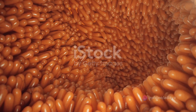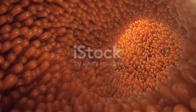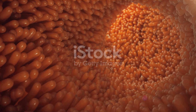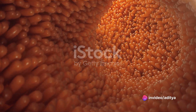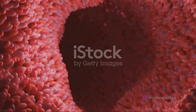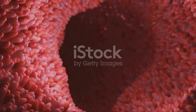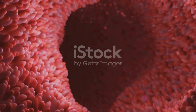It's a fascinating spectacle, where nutrients like proteins, carbohydrates, and fats are absorbed into the bloodstream via an extensive network of tiny, finger-like protrusions, dubbed as villi. These structures significantly increase the surface area of the intestine, thereby enhancing nutrient absorption. To visualize this, imagine a dense, lush forest of microscopic pinkish-white trees, reaching out to absorb the necessary nutrients, the